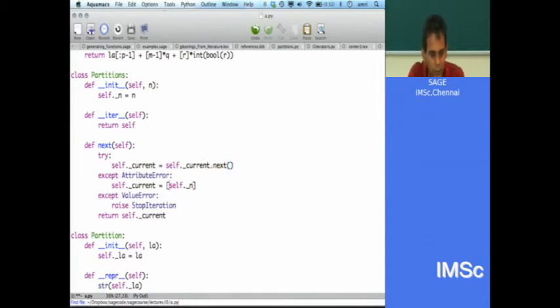But here we need to make sure that we are working with partitions. That look okay?